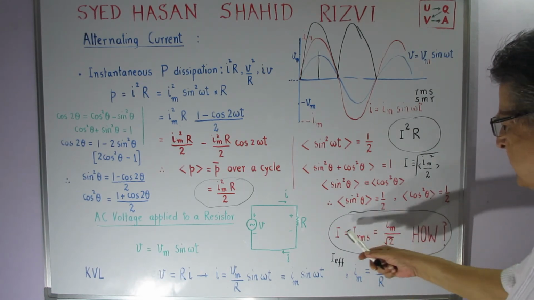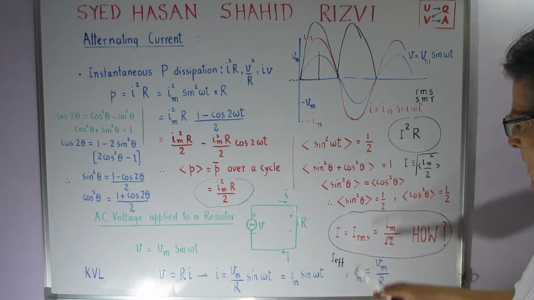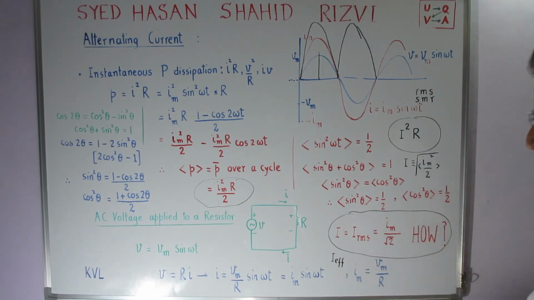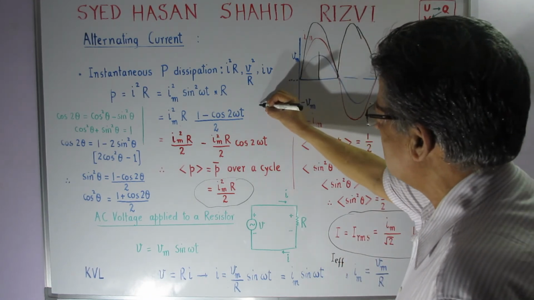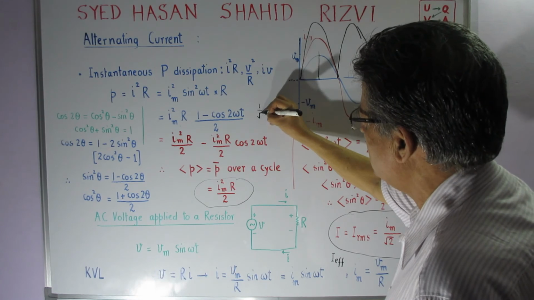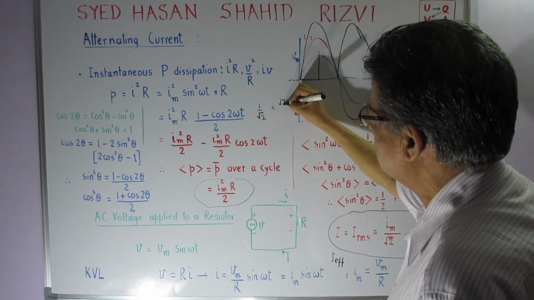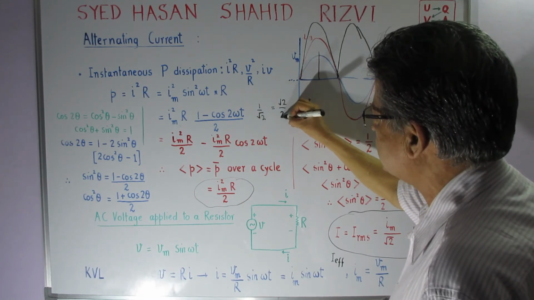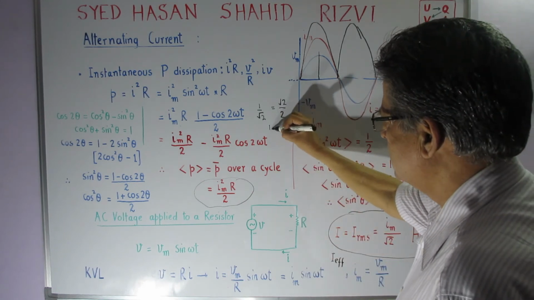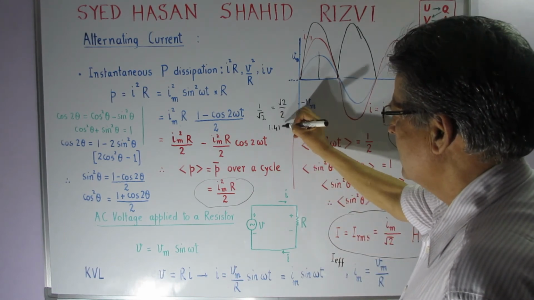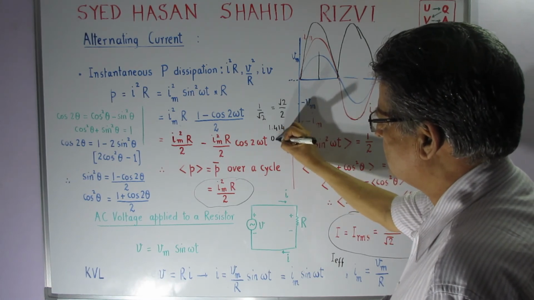So RMS is the effective value of the current, which can be said to be equal to Im by root 2, and 1 upon root 2 is equal to how much? Remember, this is equal to root 2 by 2. Multiply numerator and denominator both by root 2. And root 2 is a beautiful value, 1.414, and this divided by 2 gives another beautiful value,